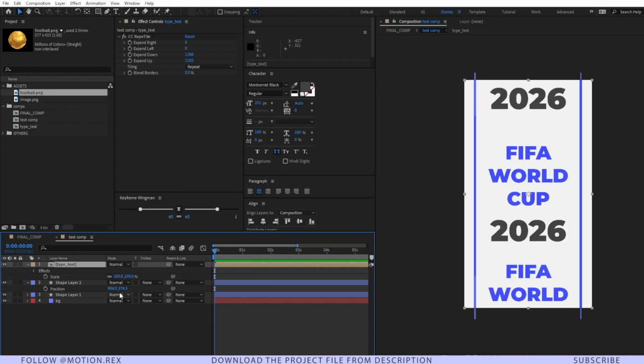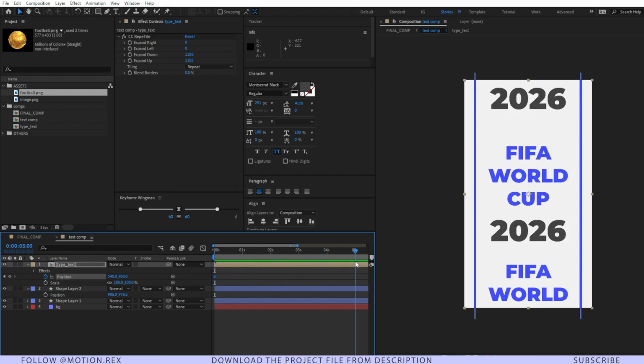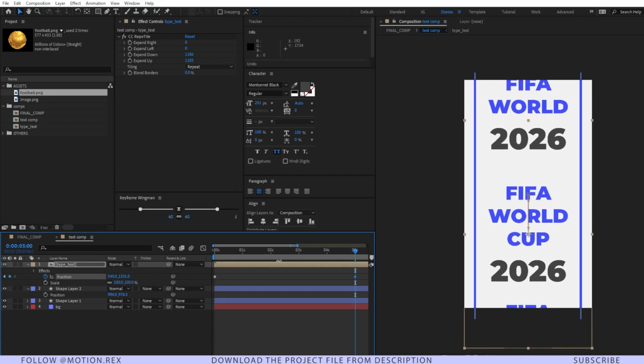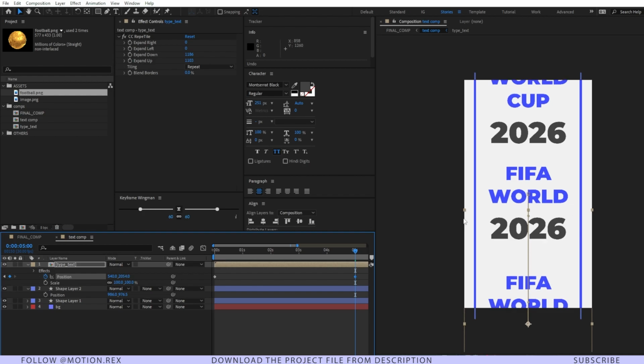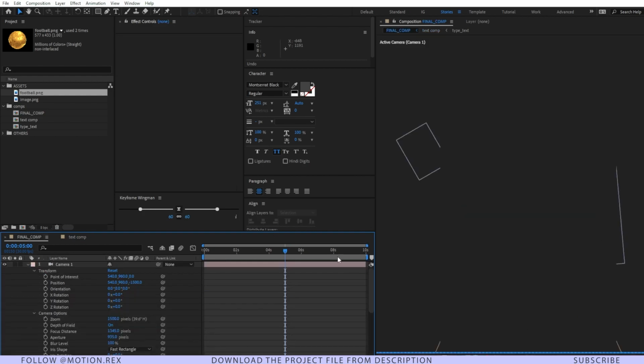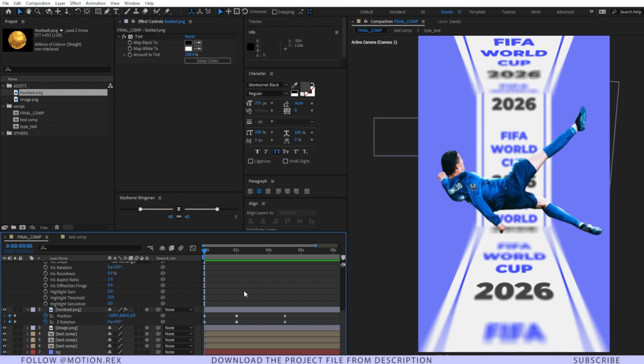I'll press Alt Shift and P to set a keyframe on the position. Go to 5 seconds, just like this. Now go back to your main comp. Alright, and after that go to your final composition, select the football image, go to the keyframes, select that and